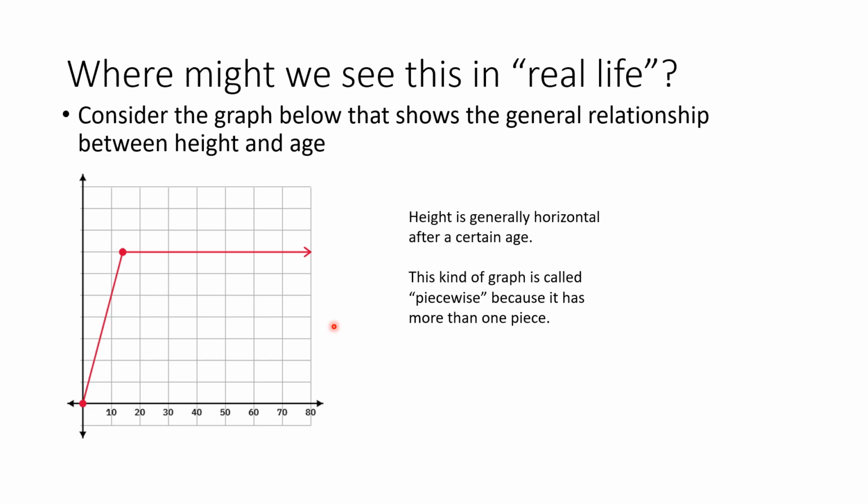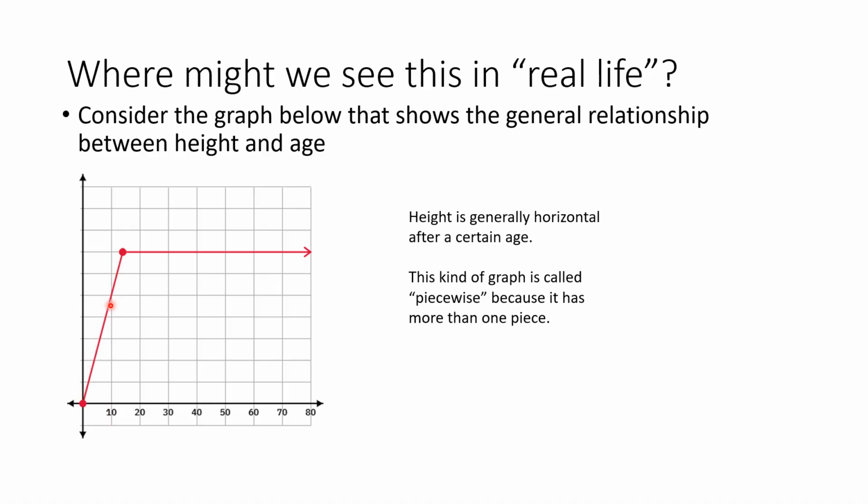So where might we see this in real life? Consider the graph below that shows the general relationship between height and age. So we talked about this at the beginning of the lesson. Notice that when I did this graph, I took off the negative numbers. That's because in the context of age and height, negative numbers don't actually mean anything. So from the time you were born to, looking at where this is, maybe around the age of 14 or so,